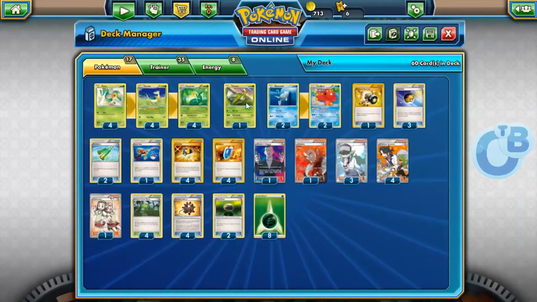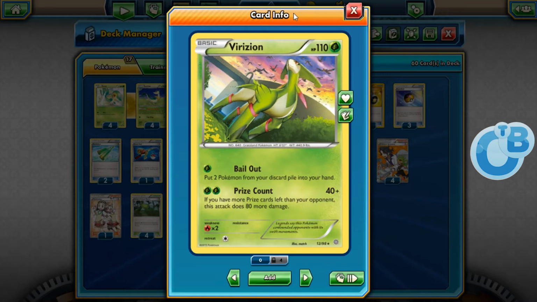The rest of the deck, we have a Virizion. I haven't actually played too many games with the deck, but I think the main idea behind this is just another attacker to go with it. I think both of the attacks are probably fine. If you're using Bailout, you're probably pretty far behind, but it's not that much different than a Revitalizer turn or something like that. And prize count can be good if you do happen to go down in prizes while you're setting up. I know Travis told me he particularly wasn't super confident about this card, so I wouldn't be surprised if anyone cut it or if someone's on a different idea,